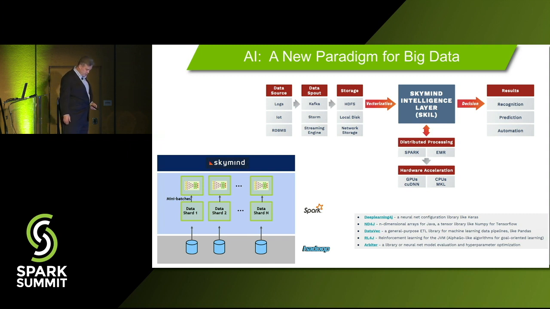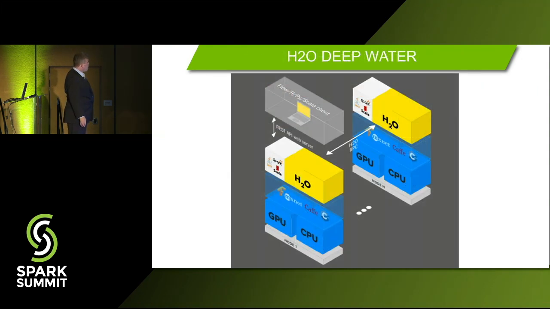And so we think that SkyMind and Deeplearning4j has really done a fantastic job, because what they do is they integrate into the whole ecosystem, and they allow you to construct the whole workflow. So they allow you to do this integration with Spark, to use your Spark applications, have GPUs, pull up data, like I said, pin it off heap, and do your training, and they have all the usual things that you'd want. They can stream from Kafka and Storm. They can do vectorization to do the data munging that we all take so much time on. And so I think they've really done a great job of that.